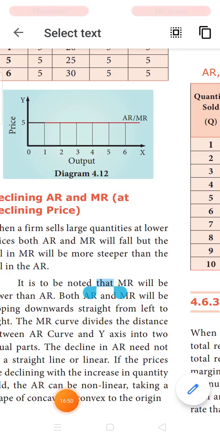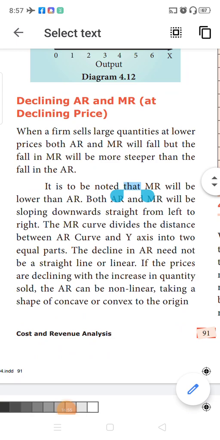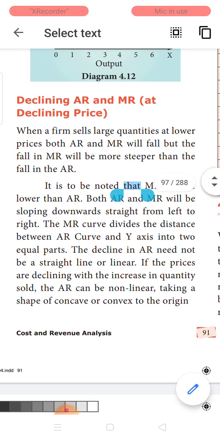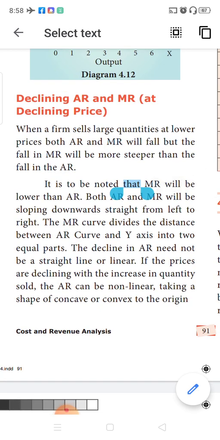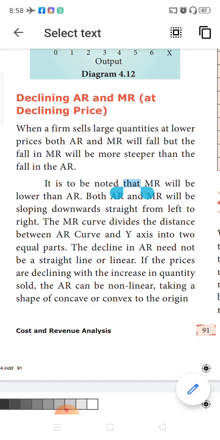The next situation is the declining price condition. Normally, when the same price is kept for all the commodities, you will not be able to sell more volumes of the commodity. When will you be able to sell more units? Only when you reduce the price. So a rational entrepreneur will always try to reduce the price to sell more units of output. That is why, many a time, when price is reduced, more quantity is demanded. As a result, sales increase initially.